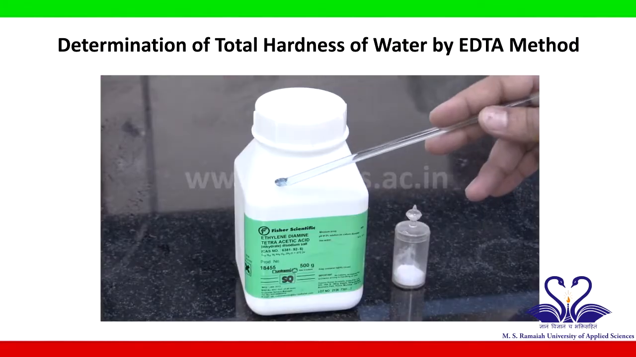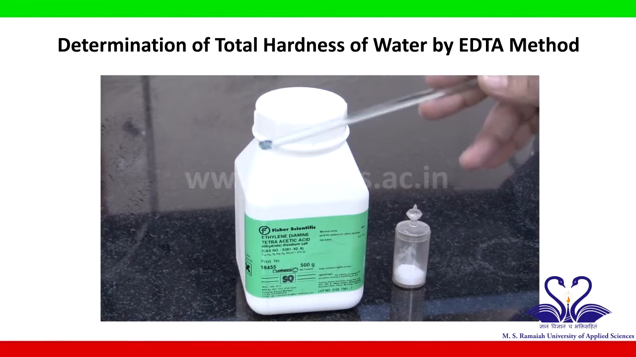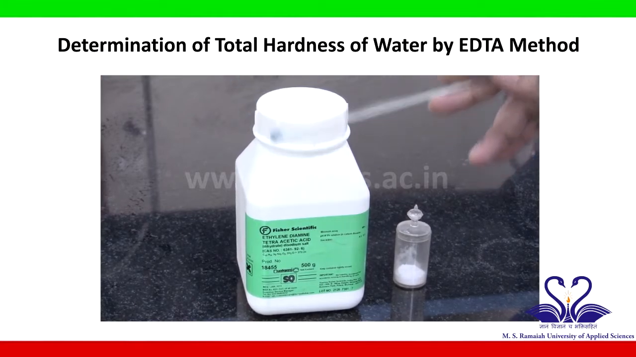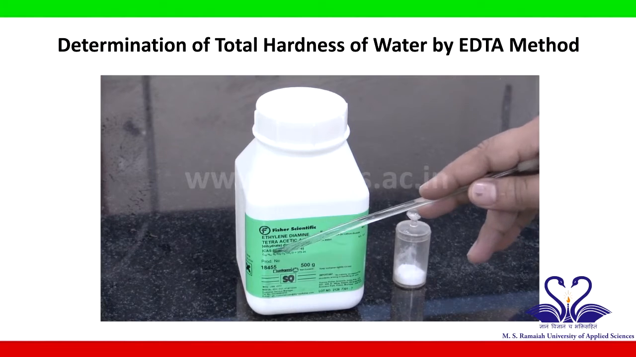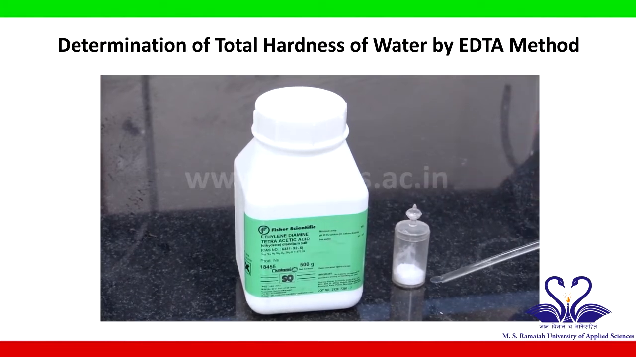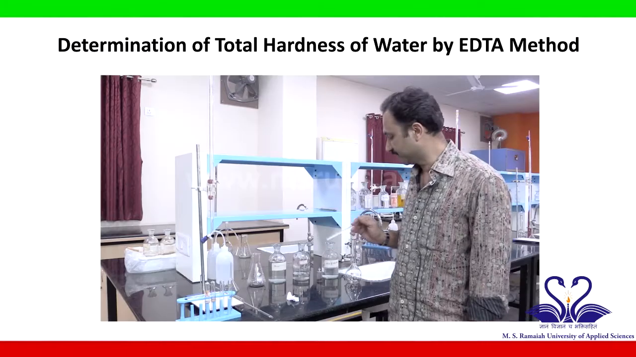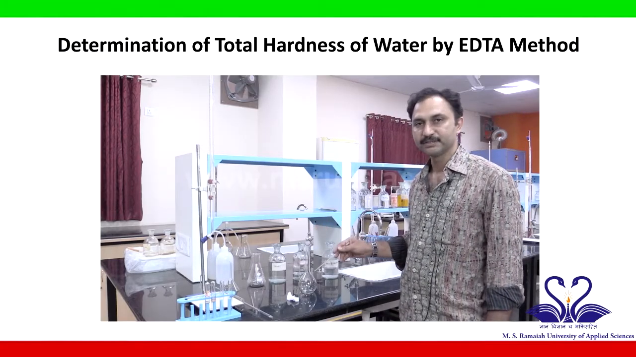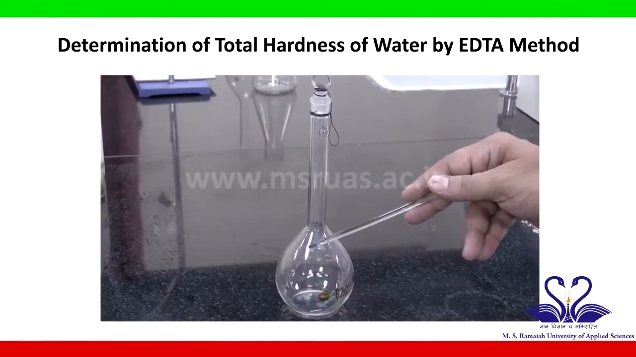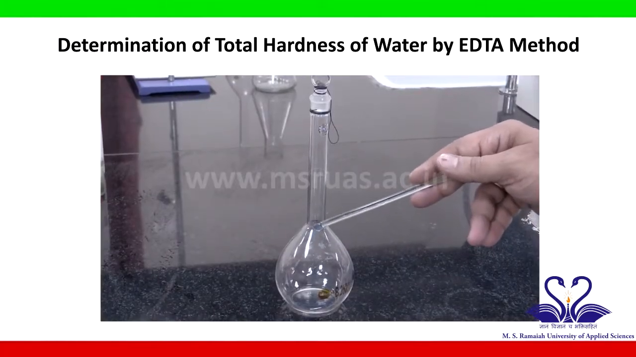This is EDTA. So here we are going to find out the hardness using complexometric titration. So we are going to use EDTA. A known quantity of EDTA has been weighed and transferred to a weighing bottle. To prepare the standard solution, we need a standard flask. To prepare the standard EDTA solution,